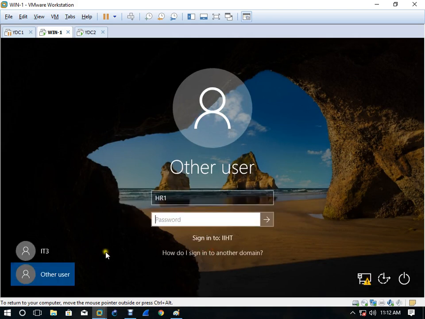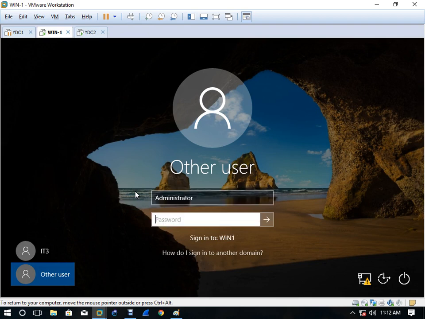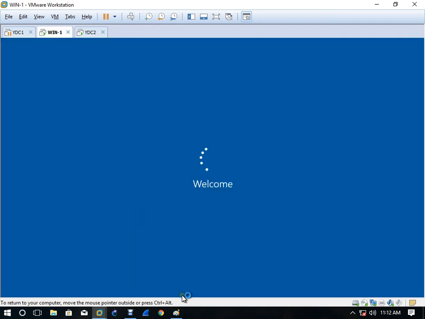So what I told you in the beginning, that we have to come here and add the secondary server DNS address.